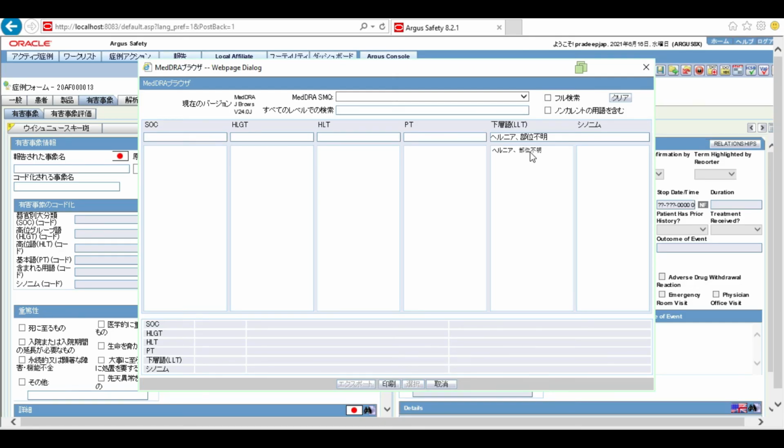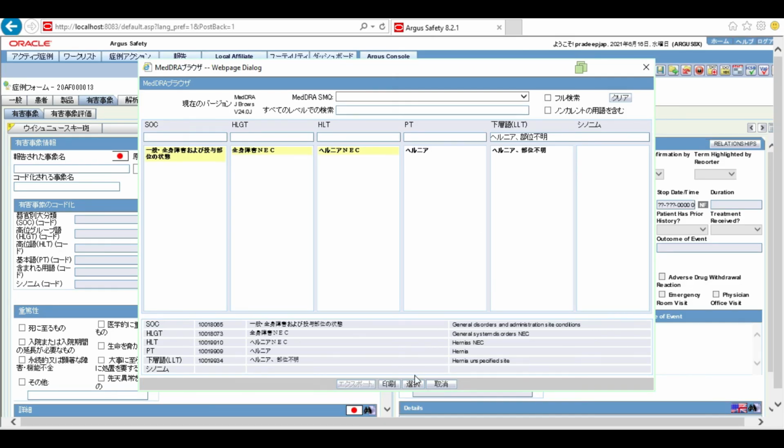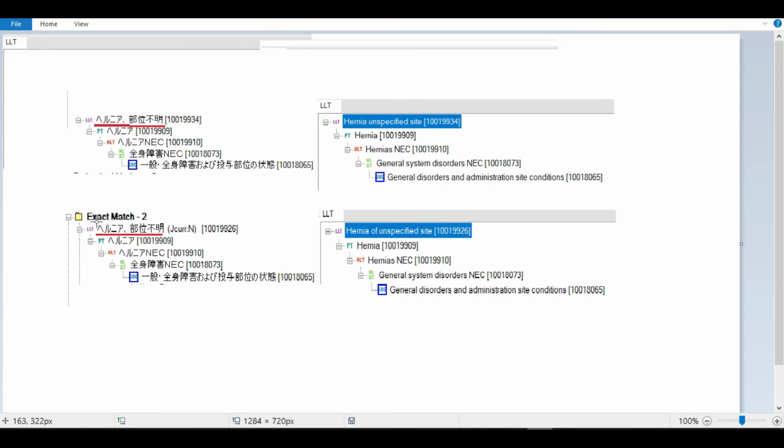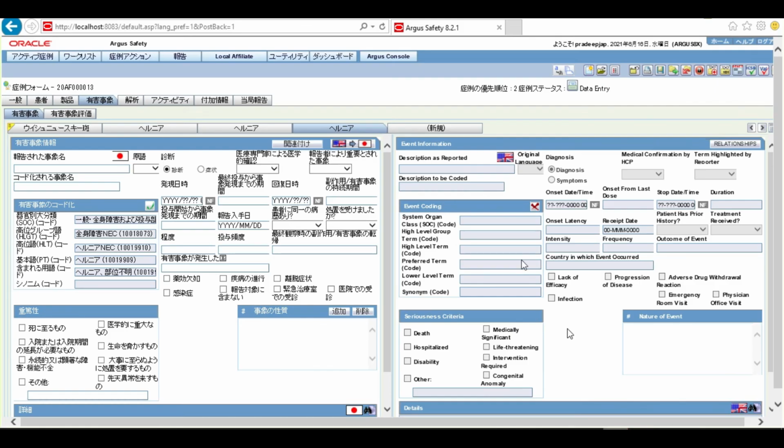So the moment you type this particular term, automatically the application will pick the one which is current. It is going to ignore the non-current term. So every time we code with this particular term in our application, it is going to pick up this hierarchy and it is going to ignore this one because this one is non-current. However, the application does allow you to encode with the non-current term as well. Let me show you that.